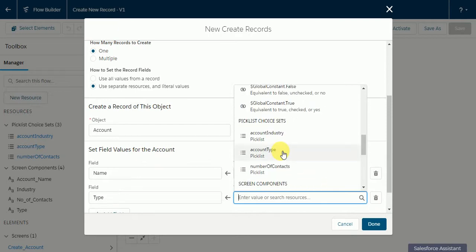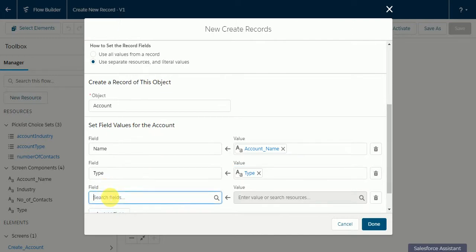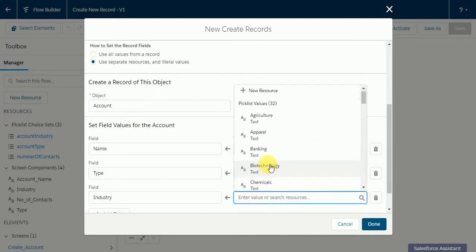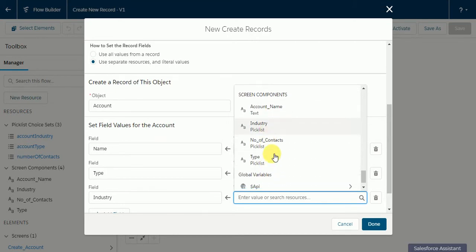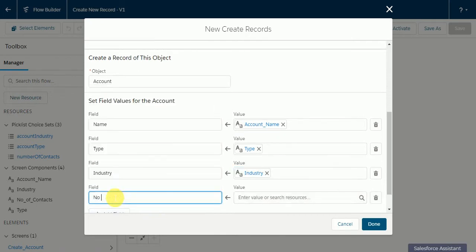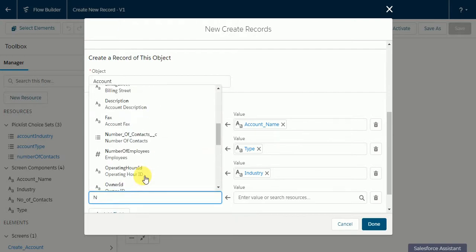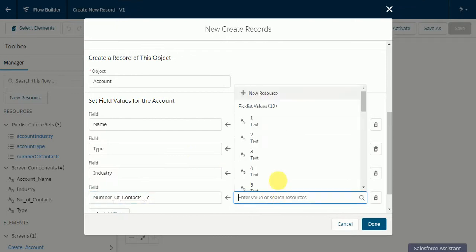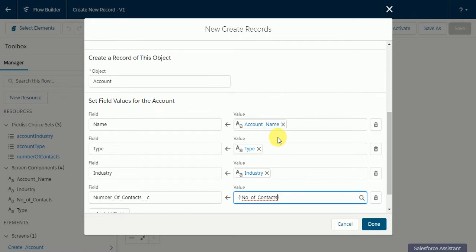You can see the screen component called type. I'll also add another field called industry, and here I'm going to map the industry coming from the screen component. And I'll also add another field called number of contacts, and map number of contacts coming from the screen component.